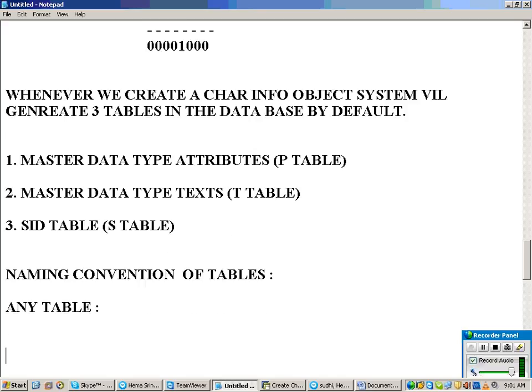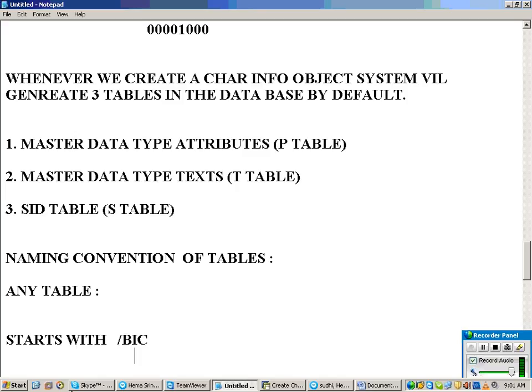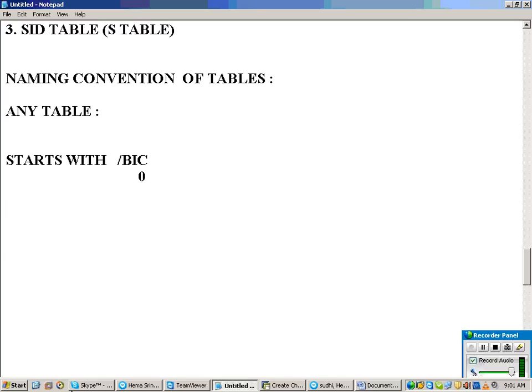Any table in BI that you consider starts with /BI. Okay, any table we consider in the BI database starts with what? /BI. That means it's a BI related object. Then after /BI, it will take either C or 0. After /BI, what will it take? Either C or 0. C is for customer defined, then 0 is for